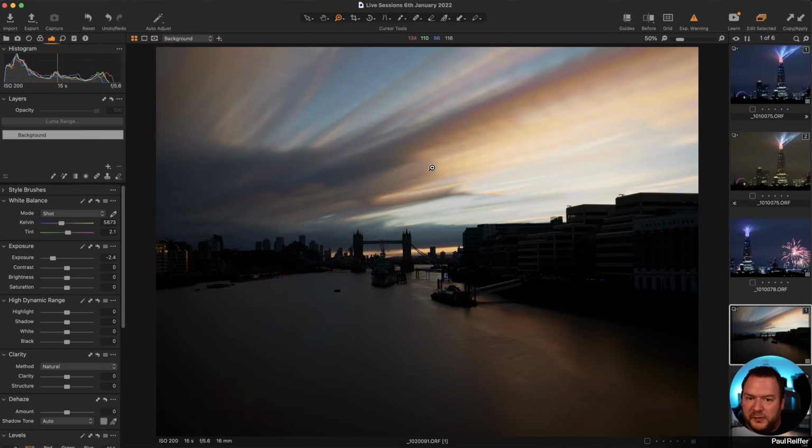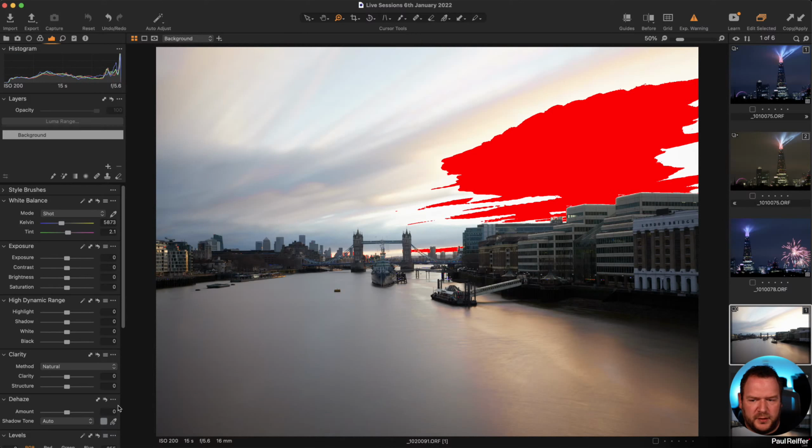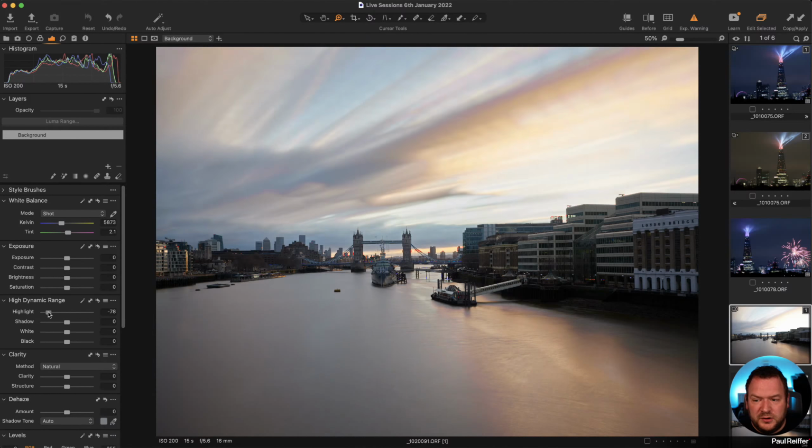But there's something odd going on up here. Now, I'm not too worried about it because we've got some other tricks that we can use, but there is something that I can't quite explain that's going on up there. So, knowing that our shadows have relatively noise-free detail, and knowing that our highlights are completely recoverable, we can do it through exposure. We could do it with a Luma range, but you don't really need to. You can use your HDR tool. So your high dynamic range tool, and I have seen this on a few forums online.